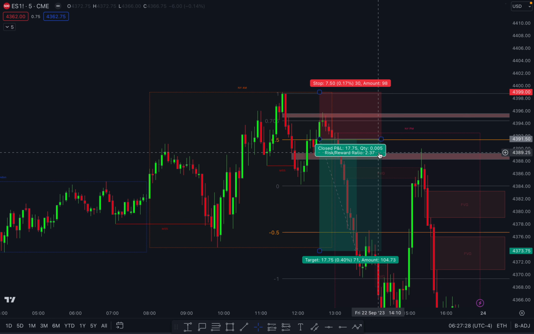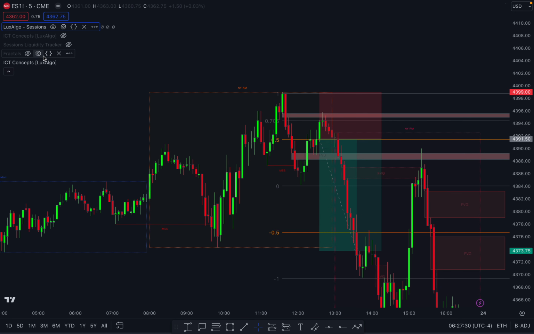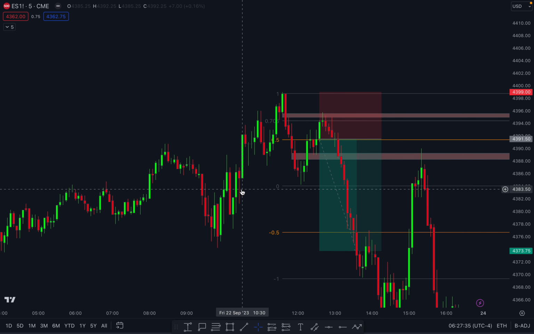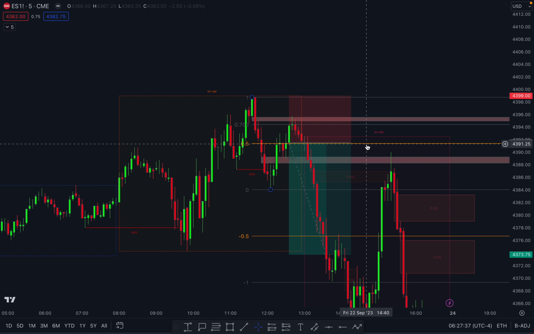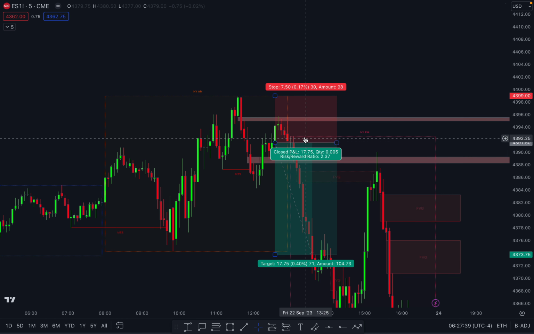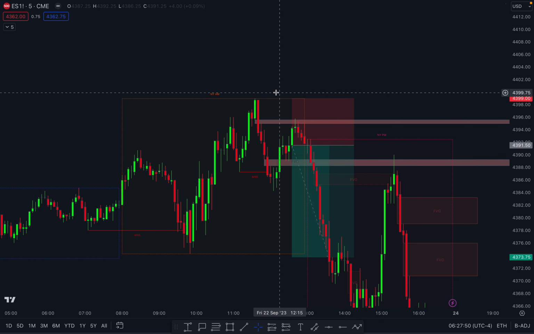Amazing, isn't it guys? Amazing. Now if I put everything off, well, that didn't go as planned. Oh, let me remove that 50% thing. As you can see guys, now we had a beautiful trade, low risk, and we were able to get that 2R. So that was the second way you could have taken a trade, by using the Fibonacci to find